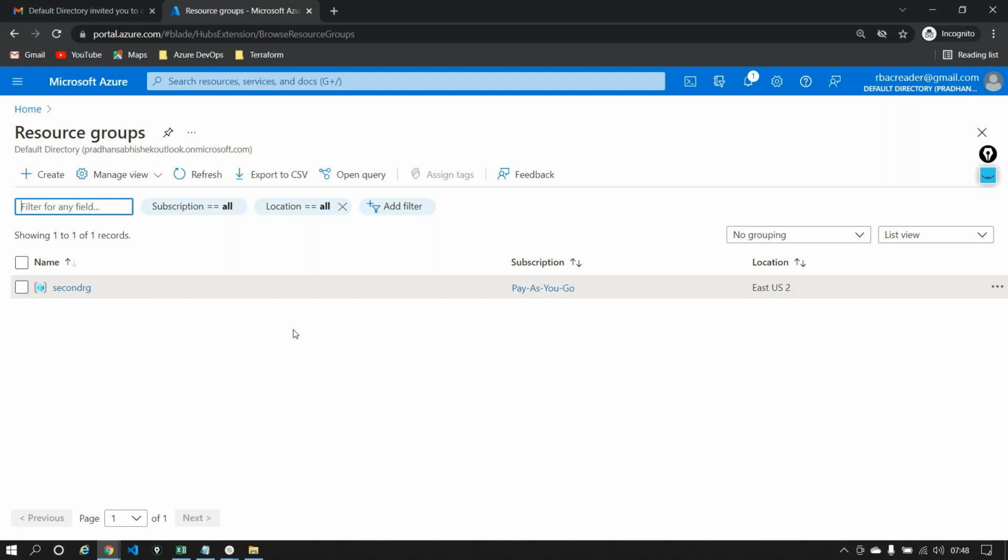First RG, second RG, third RG, all the resource groups under that particular subscription. He should be able to read all that stuff. Okay. This is how you go ahead and assign RBACs. And this is how role-based access control will be changing from an owner to a contributor, and from a contributor to a reader. This is how it is, guys.